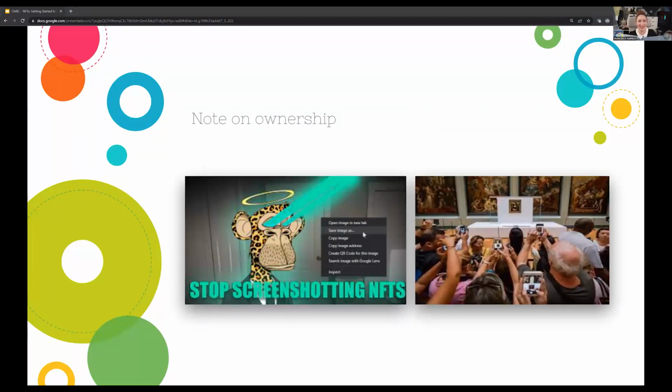Buying an NFT does not mean you have the artwork file transferred to you. When you buy an NFT, you are usually buying the unique token on the blockchain connected to or representative of that artwork. So the work can be unique or in editions, but each token is unique to that work. So you're essentially creating a smart contract that has a token, that has a unique identifier attached to it.